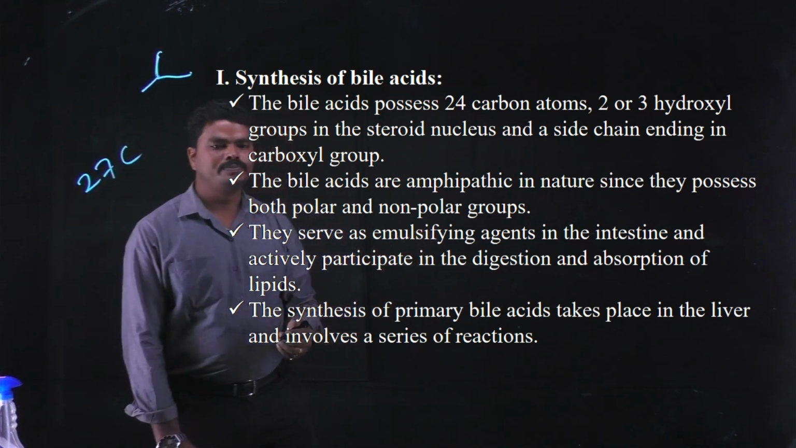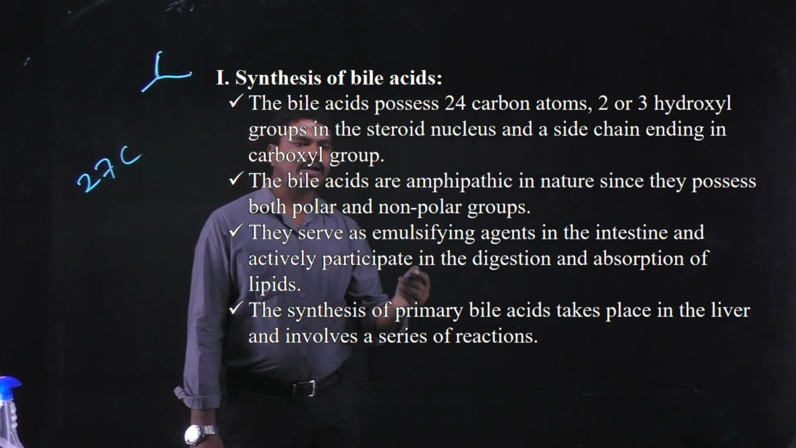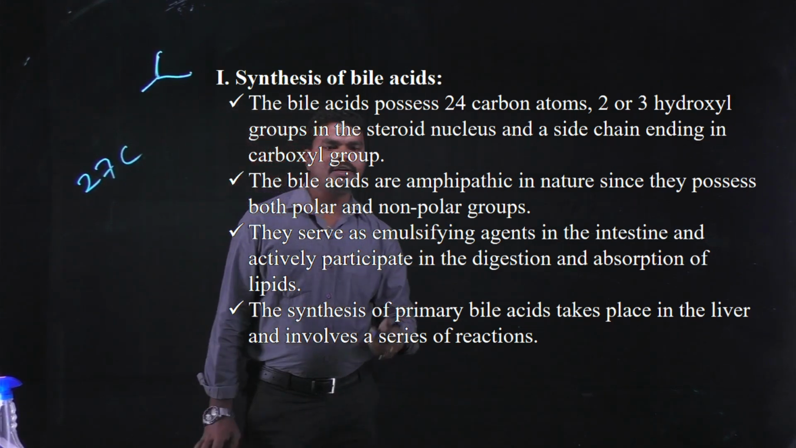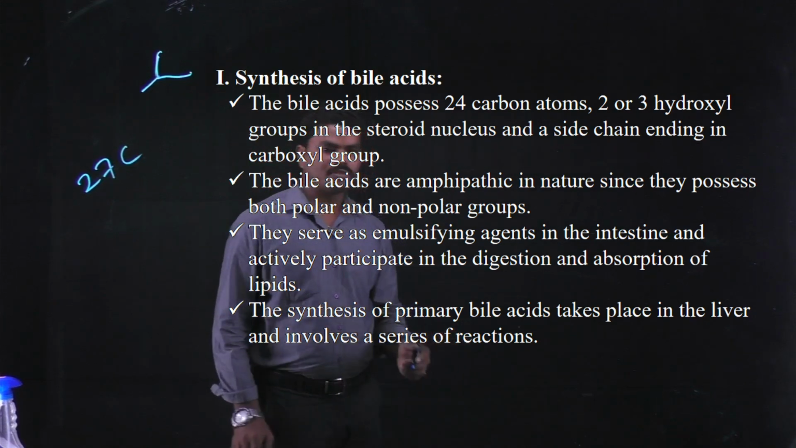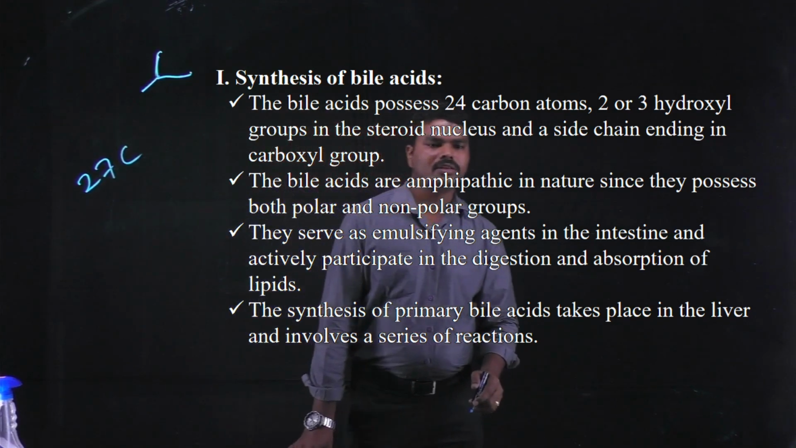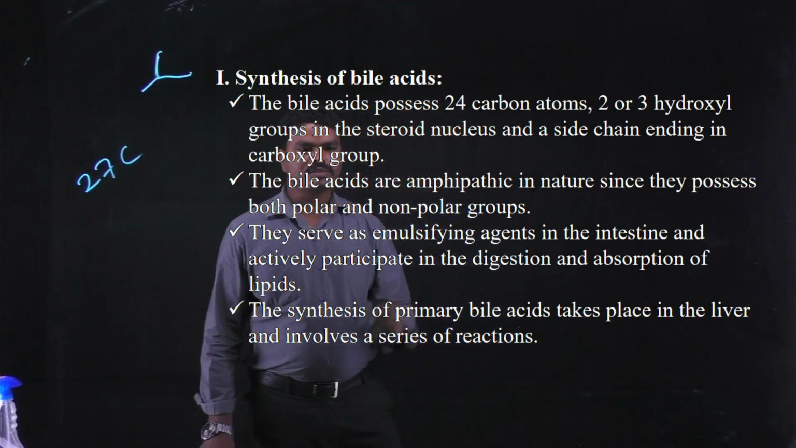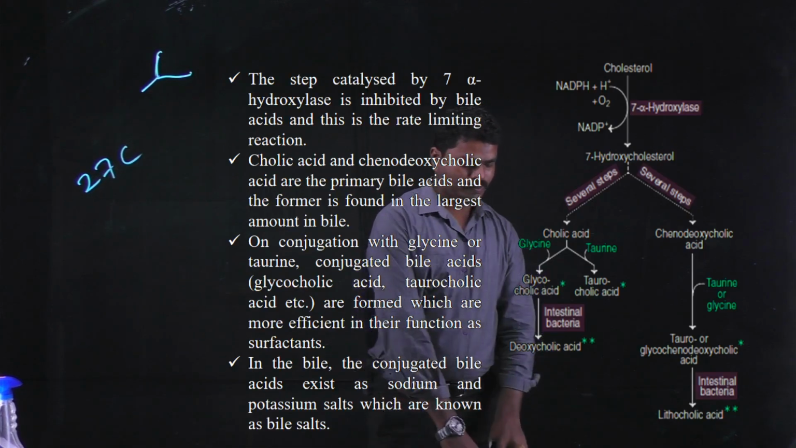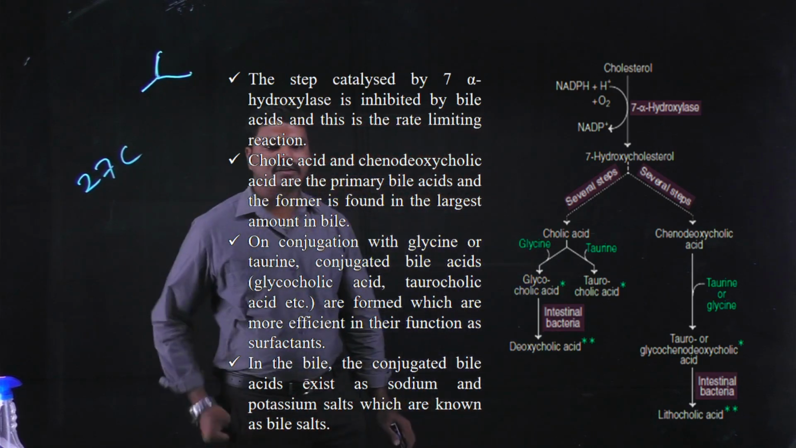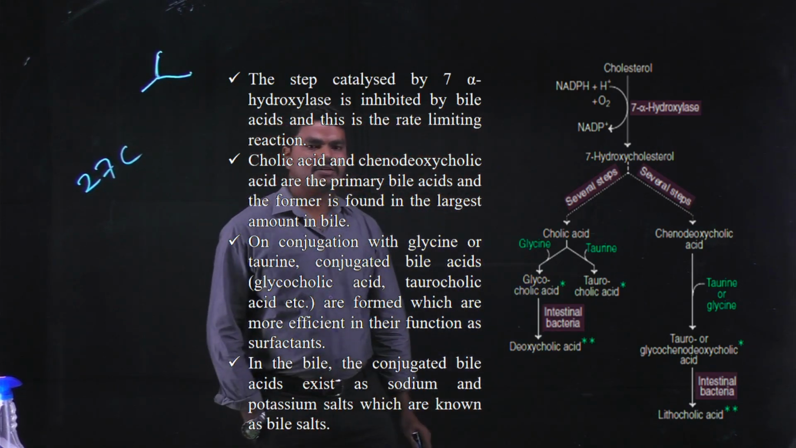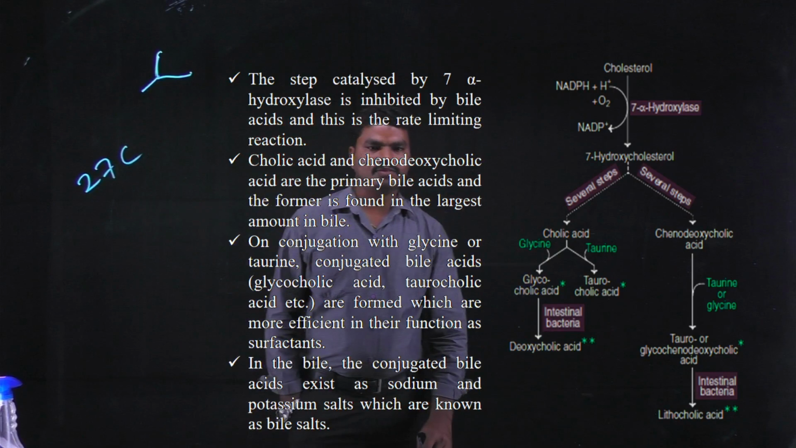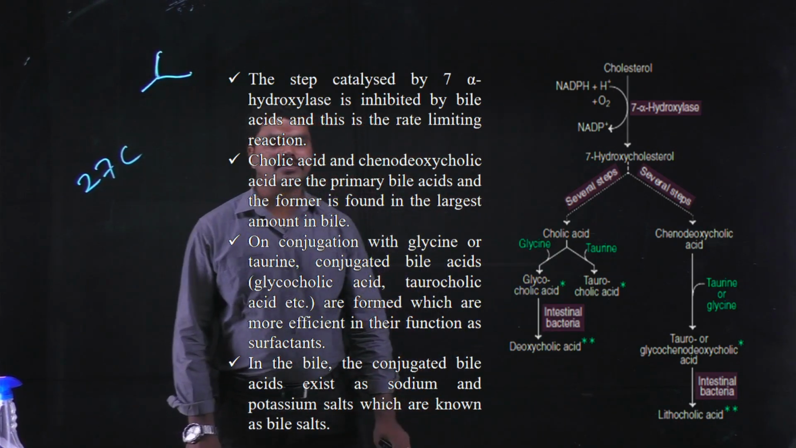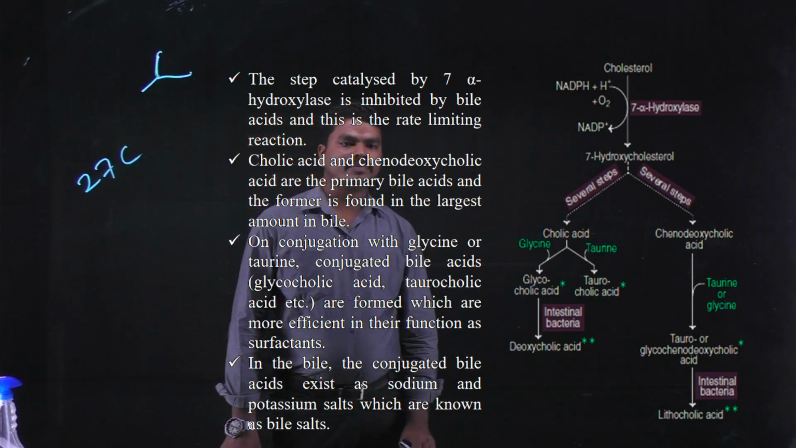The synthesis of primary bile acids takes place in the liver and involves a series of reactions. So let us see that series of reactions involved in the synthesis of bile acids that occur in the liver. The first step is